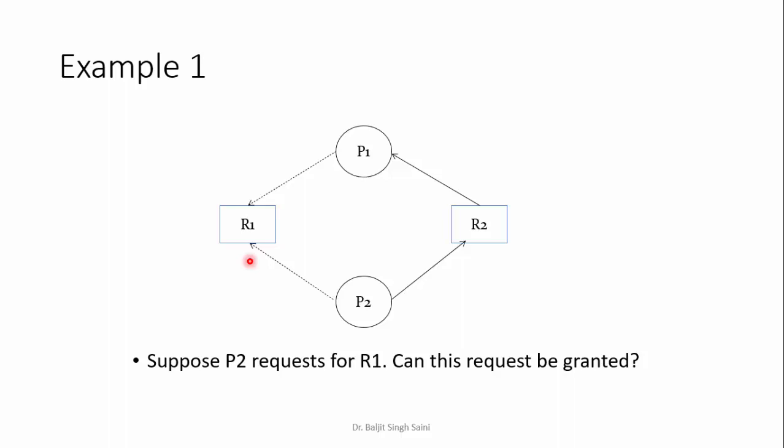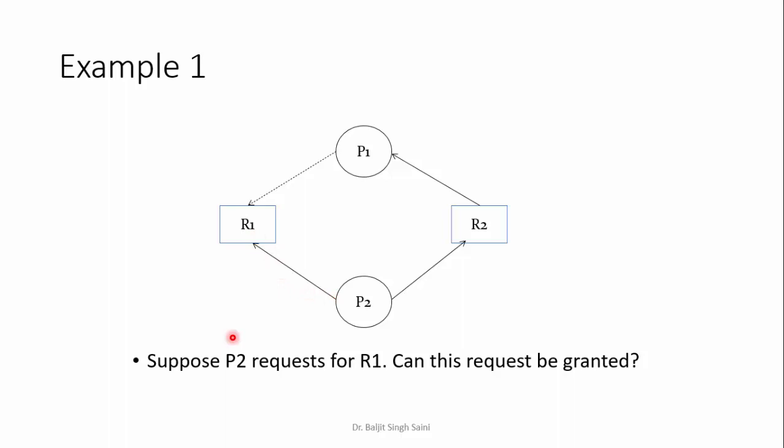So P1 and P2 both can request R1 in the future. Okay, this is the scenario. Now the question is, suppose at any given time P2 requests R1. Can this request be granted? तो अब एक ऐसा पॉइंट आ गया जहाँ पे P2 ने रिक्वेस्ट किया R1 के लिए. ठीक है, तो आपने ये बताना है कि क्या ये रिक्वेस्ट ग्रांट कर सकते हैं या नहीं. The decision will be based upon whether granting the request will lead the system to a safe state or an unsafe state. So first, we will change the claim edge to the request edge. Now it is a hard line. Request edge is a hard line. So now P2 is requesting resource R1.